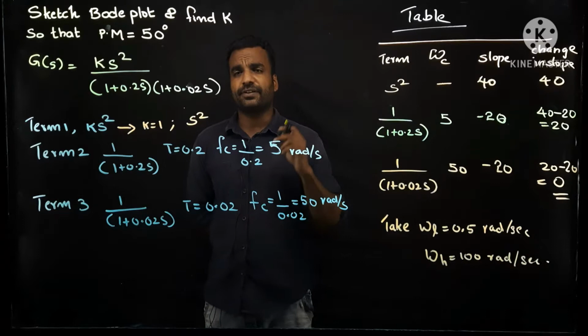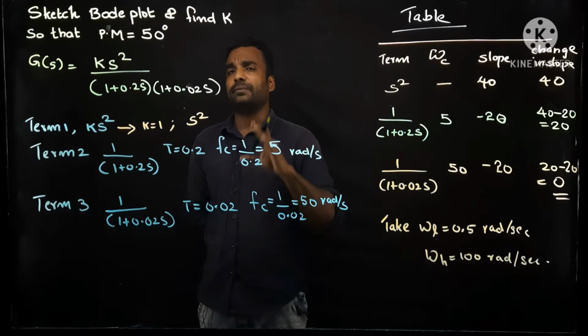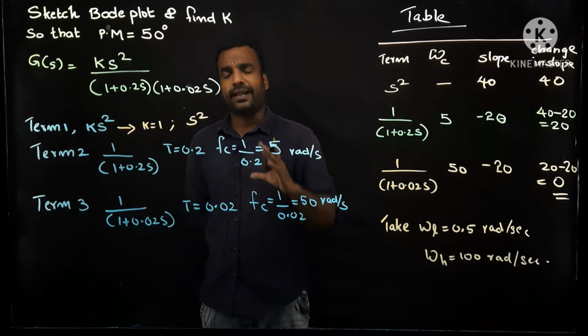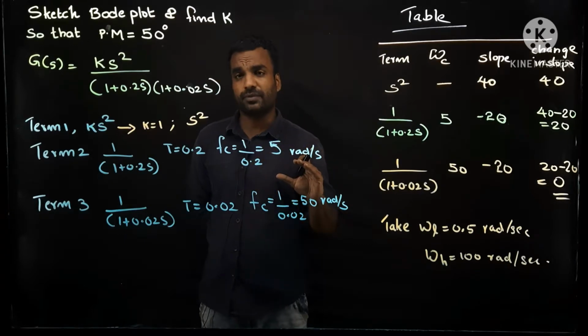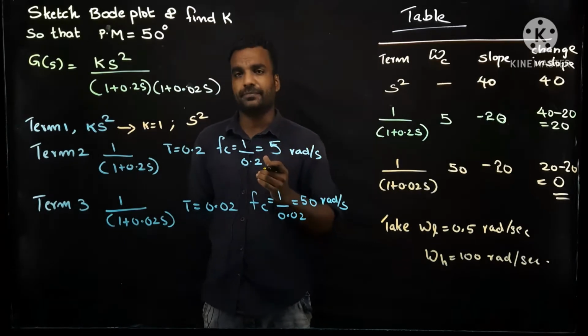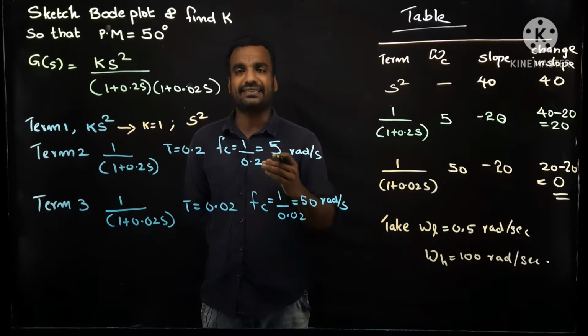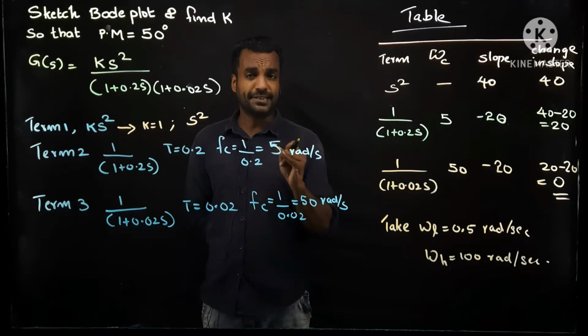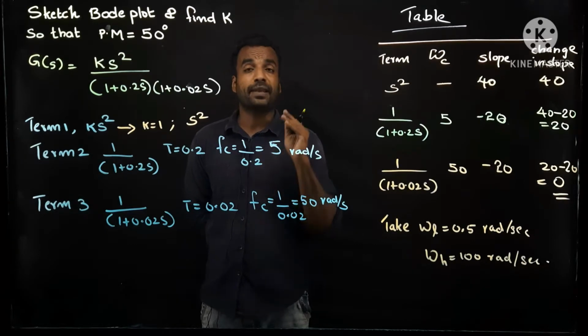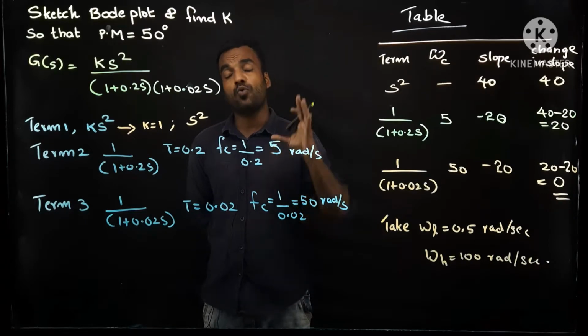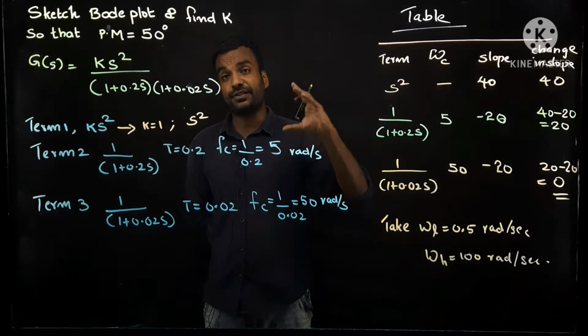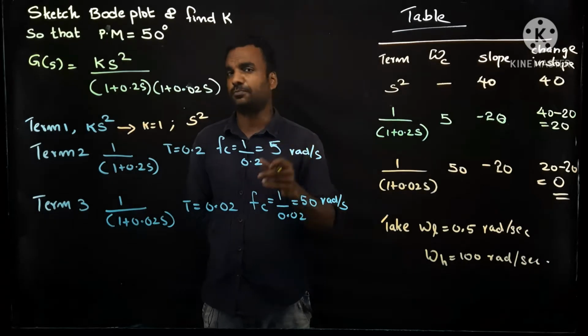In last class, we discussed very well about the construction of Bode plot and how phase margin and gain margin can be determined from the Bode plot, and what about the stability. Those things were discussed in 3 previous lectures. The first lecture describes the magnitude plot, the second lecture describes the phase plot, and the third lecture describes how phase margin and gain margin can be determined from these plots.